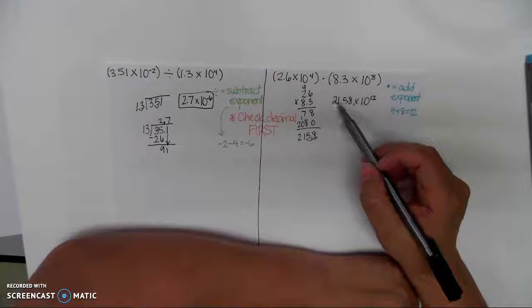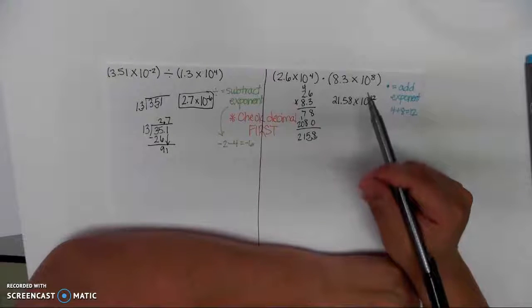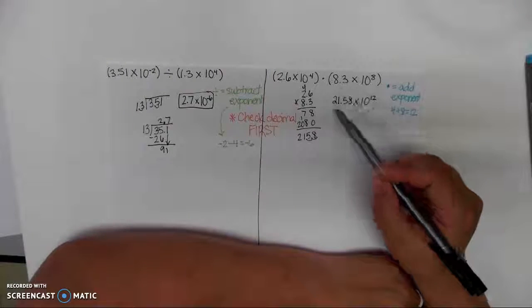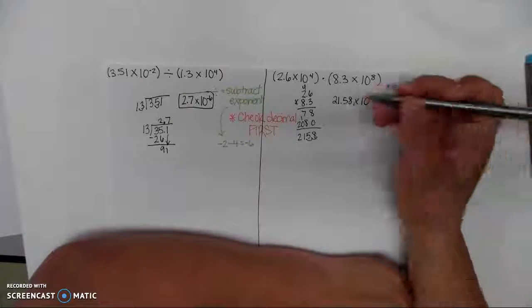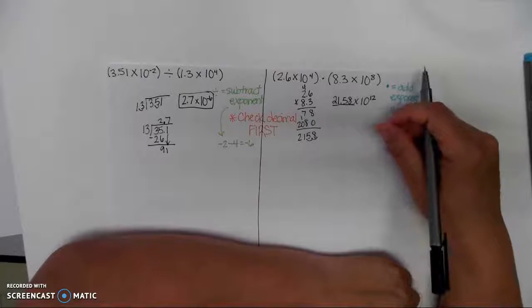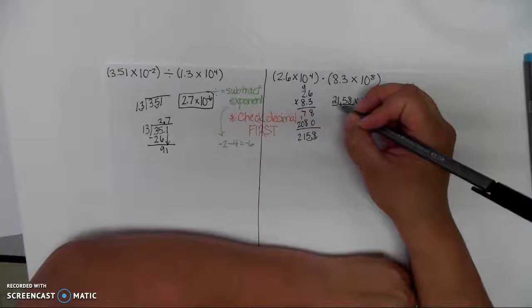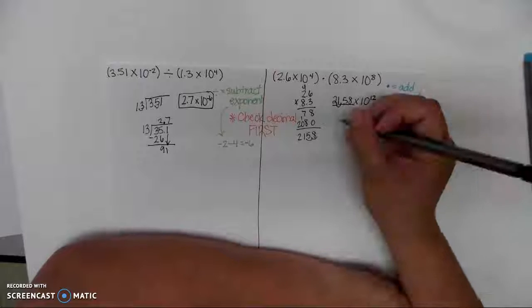Here's the problem though, 21.58 times 10 to the 12th is not in scientific notation. Why is it not in scientific notation? This number is not a number 1 through 10. But I can get it there by moving that decimal over 1. So I'm going to move it over 1, so I have